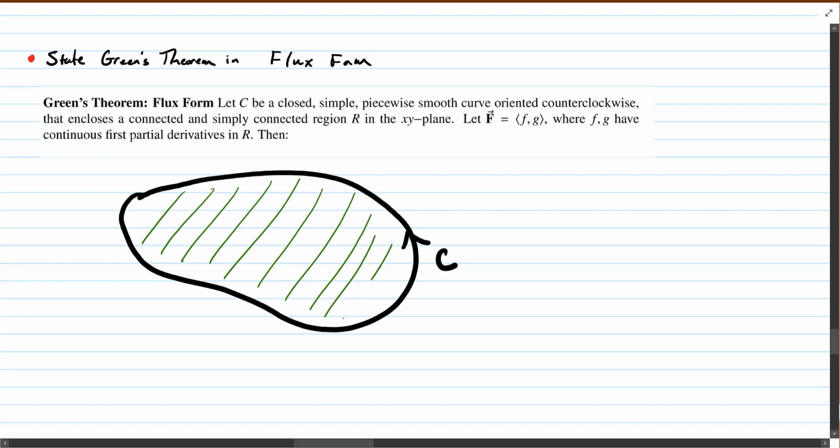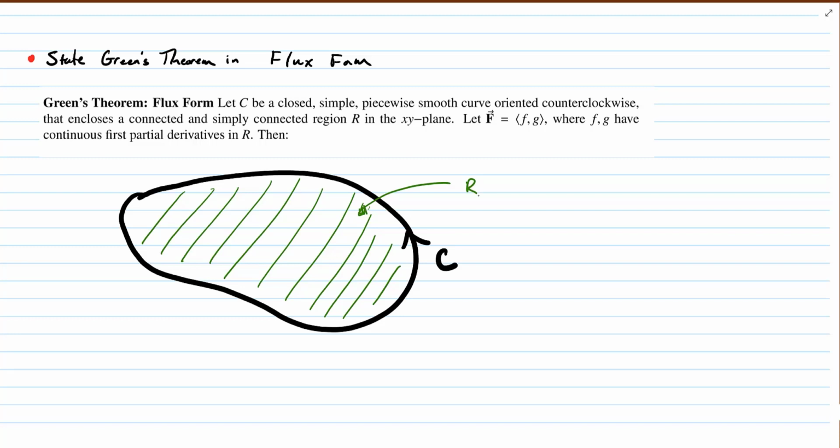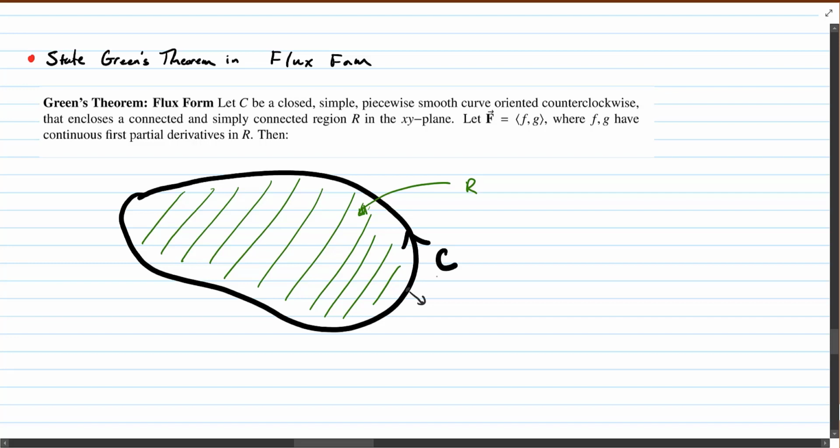So that curve C is the boundary of this region R here, where R is connected and simply connected. So we've now talked about two different ideas, and they are related to one another. The first idea is the notion of flux, which asks the question, if I look at some unit normal vectors